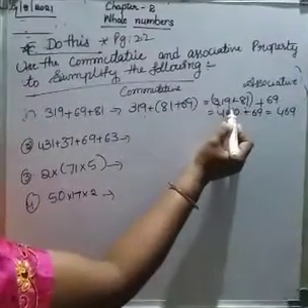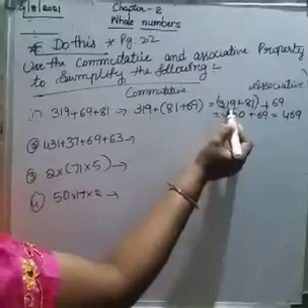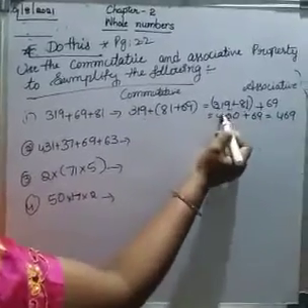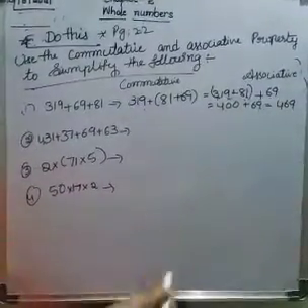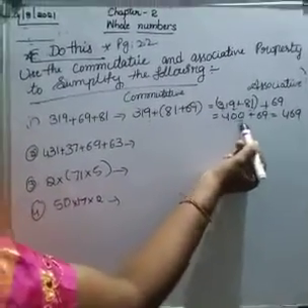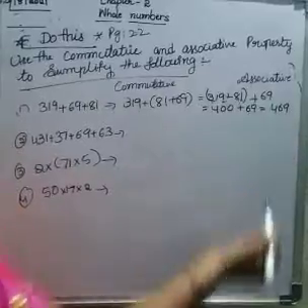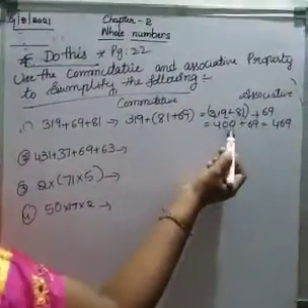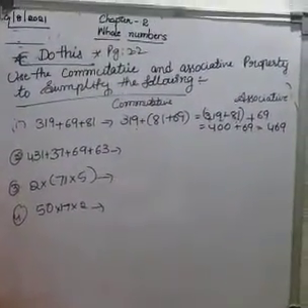319 plus 81. 9 plus 1 is 10, no? So 319 plus 81, right, in one bracket. 69 remaining. 319 plus 81 is equal to 400. 400 plus 69 is equal to 469. Associative property, commutative property. Next,